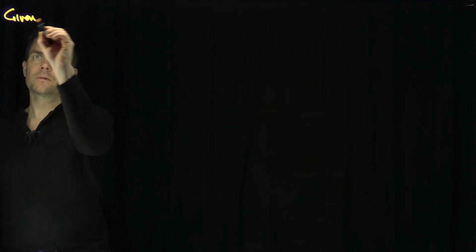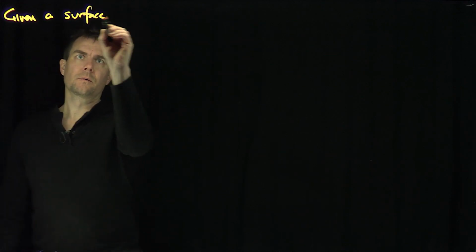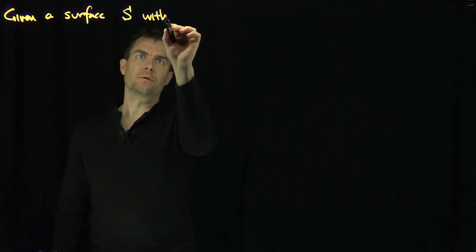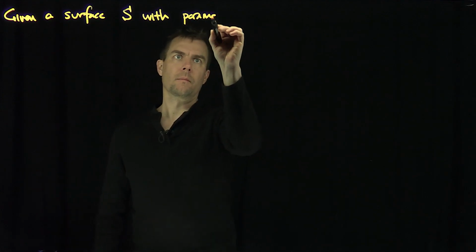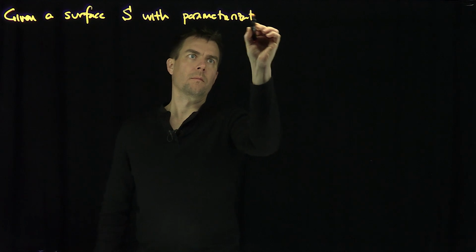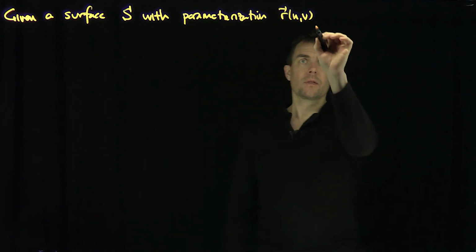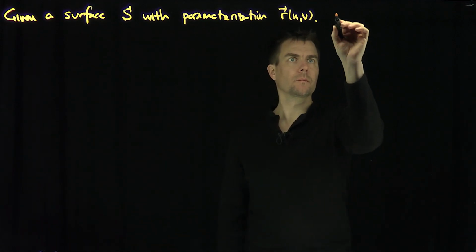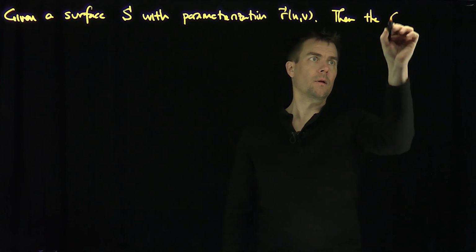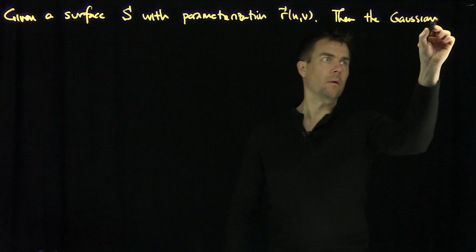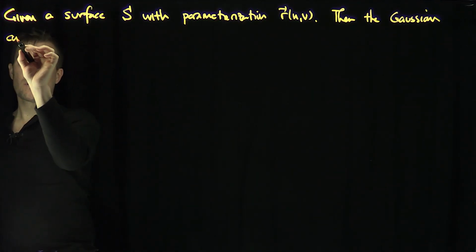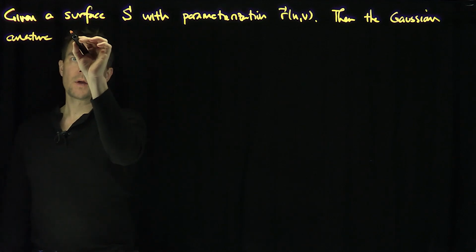Hello students, in this video we'll realize the Gaussian curvature of the surface in terms of the ratio of two shrinking areas. Let's be given a surface with parameterization R of UV, like that, okay? Then we claim the Gaussian curvature K